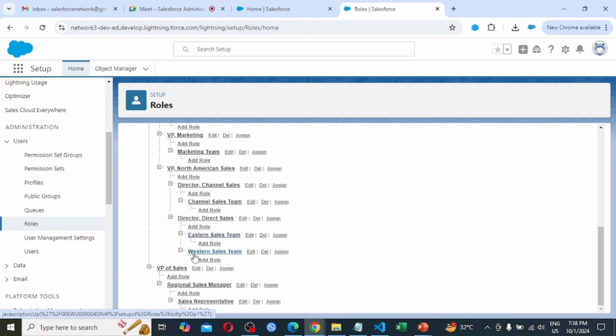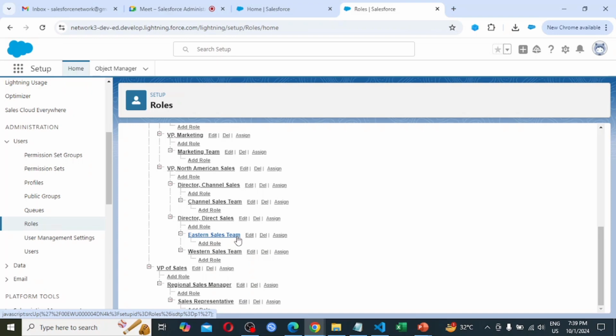Or Western sales team wants to view the data of Eastern sales team. So if the OWD, organization wide default, is private, OWD has some set of settings.